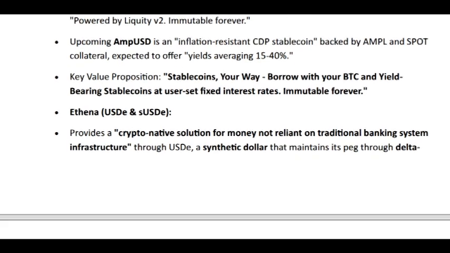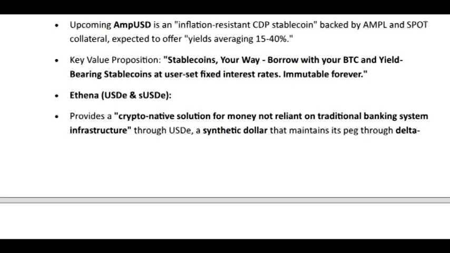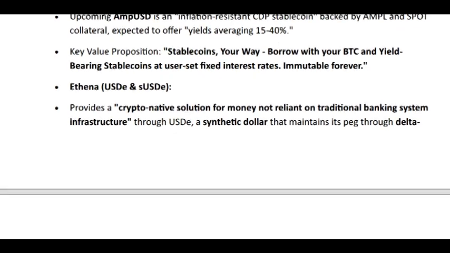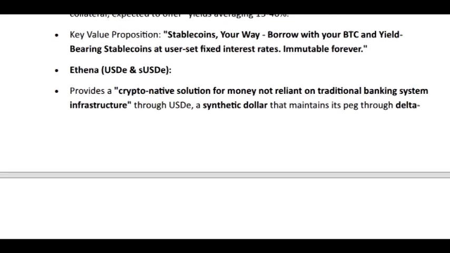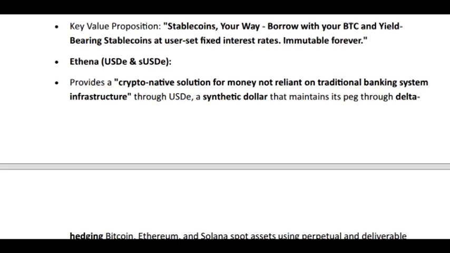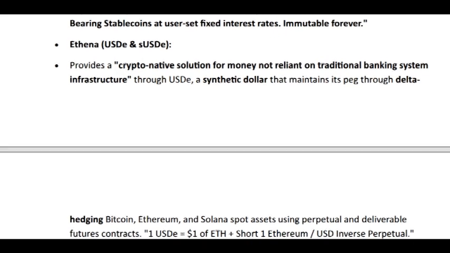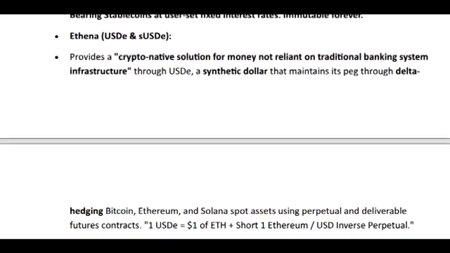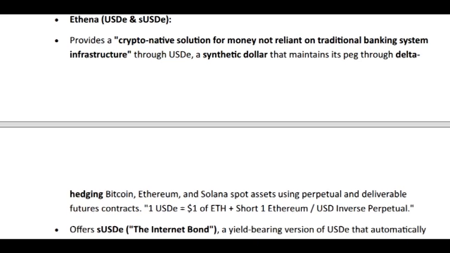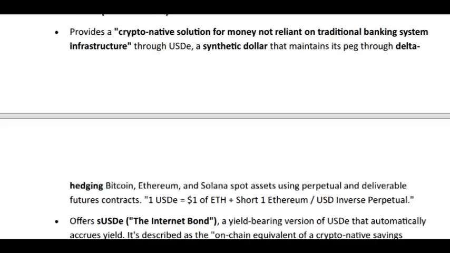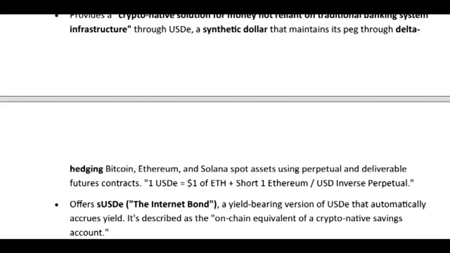Okay. And looking ahead, the material mentions another product coming soon, AMP-USD. Right, AMP-USD. This one's described as a groundbreaking, inflation-resistant CDP stablecoin. CDP, collateralized debt position, like MakerDAO's DAI. Yeah, but different. The source highlights it as an industry first because the plan is for it to be backed by AMPL and SPECTRA collateral. Okay, that's unusual collateral. And the expected yields mentioned are pretty eye-popping, averaging 15 to 40%. 15 to 40%, wow. And it also uses that same Asymmetry Liquity V2 license, so it should also offer those customizable borrowing rates, plus be designed to be immutable.